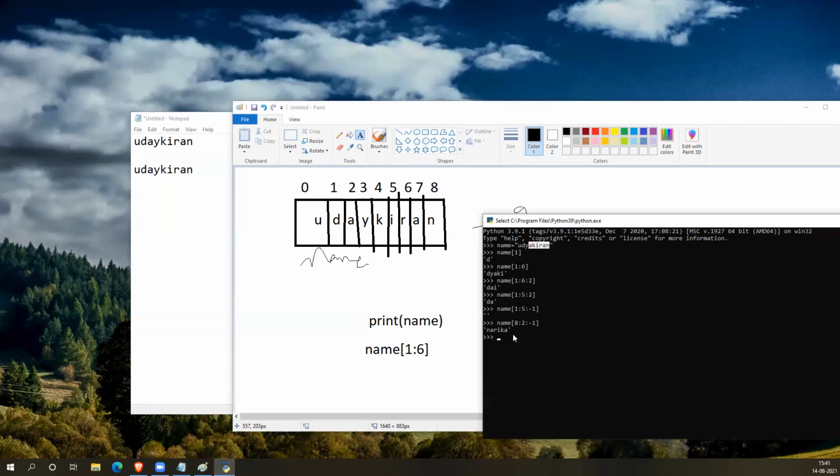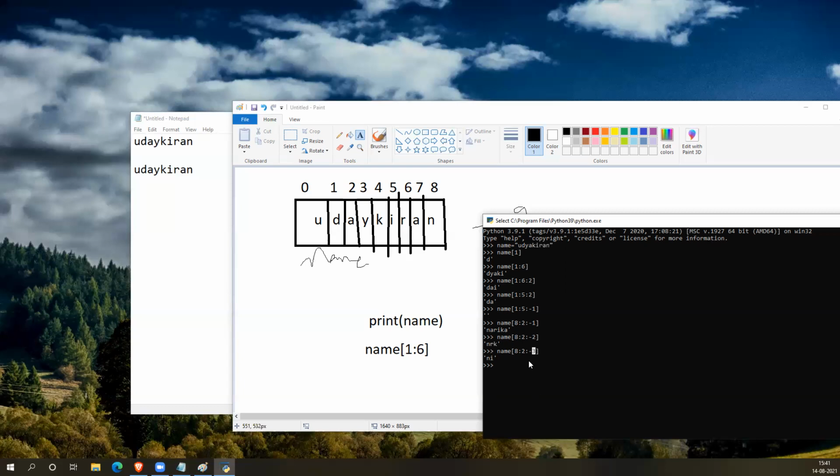Let me change the step size to 2. You see, step size to 3. That's all. If you don't specify, every argument is optional, not only the step size.